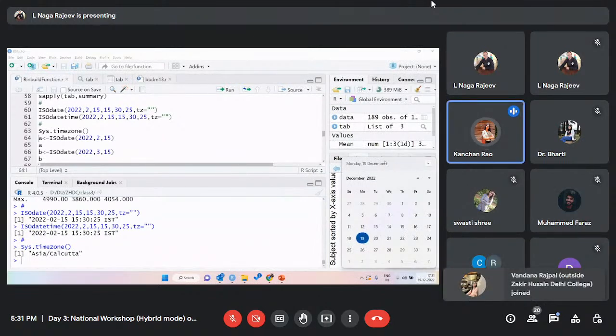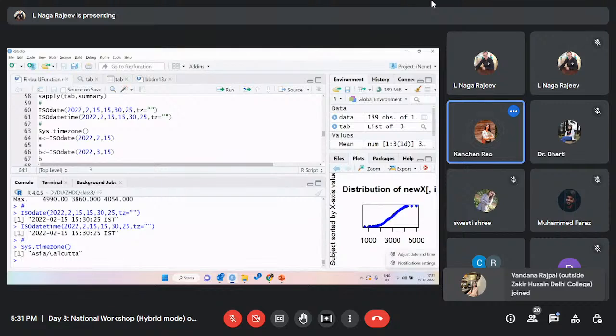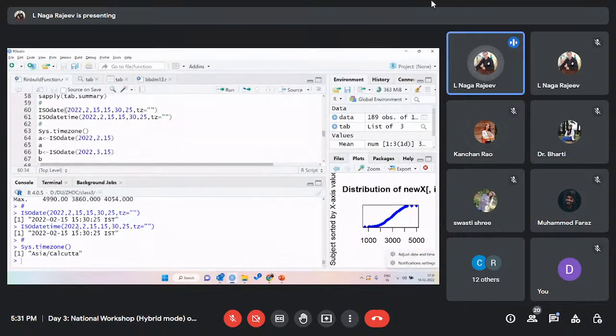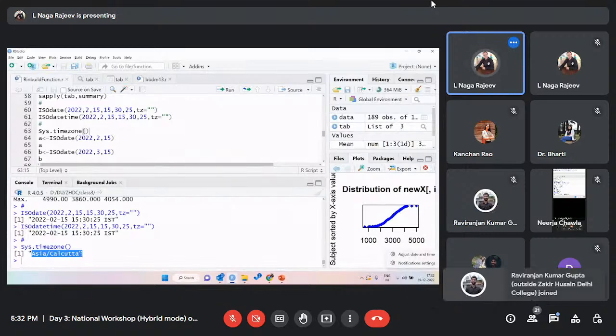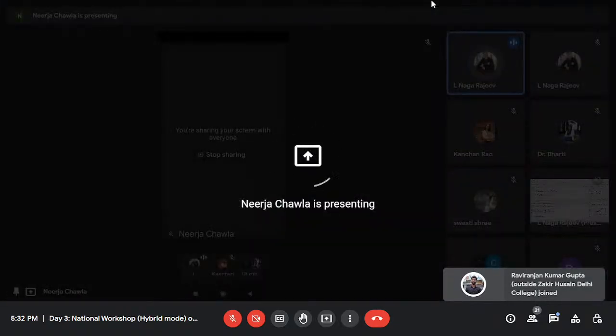Sir, what's the difference between ISOdate and ISOdatetime? They basically give the same output. Means see, ISOdate is the date, and according to that it is giving the same. But here we are writing both just for understanding, both are giving the same. Okay, sir. If I see here, Sys.timezone, it is giving Asia/Calcutta. If you go to your system and